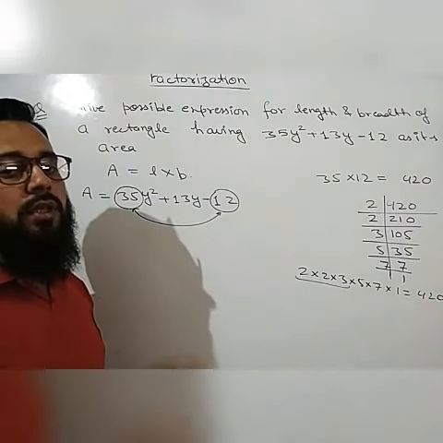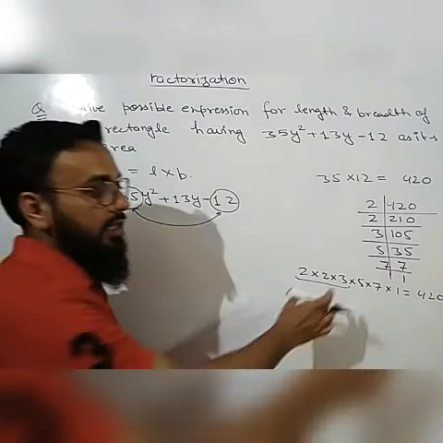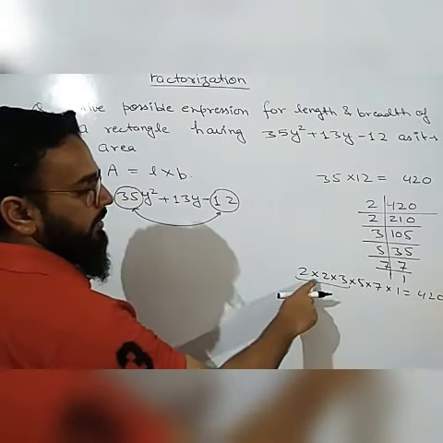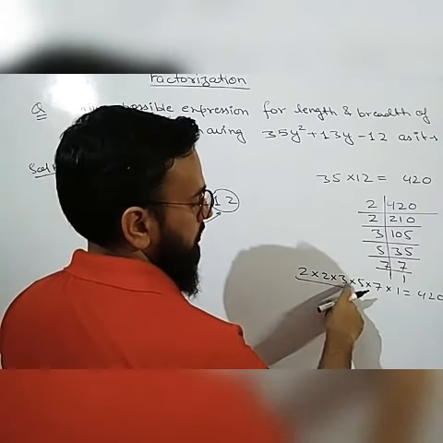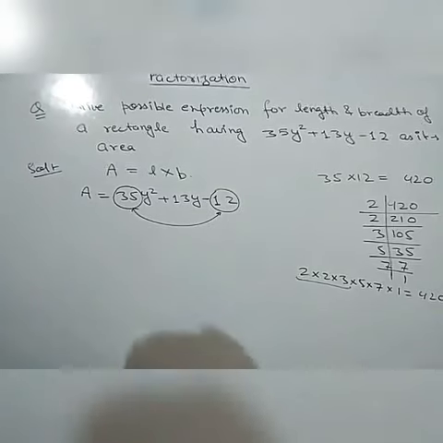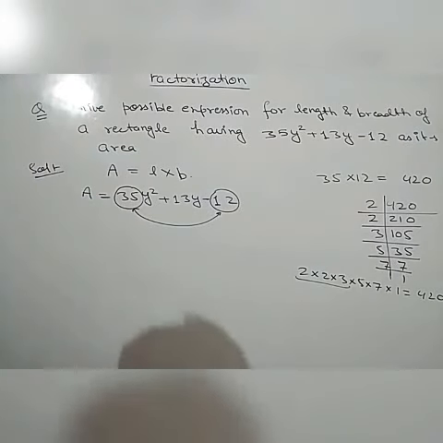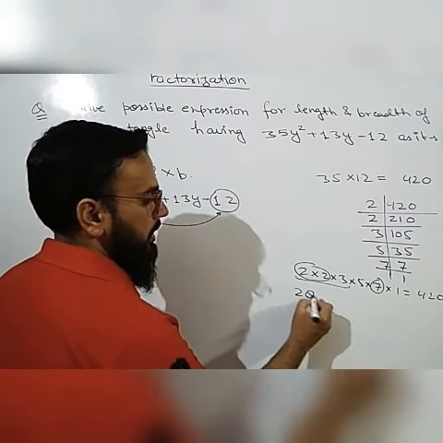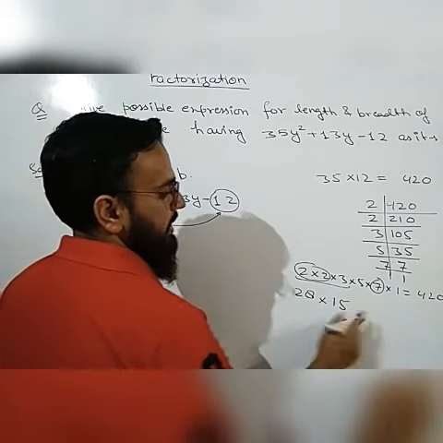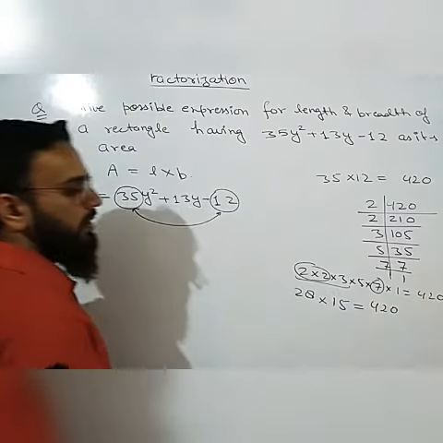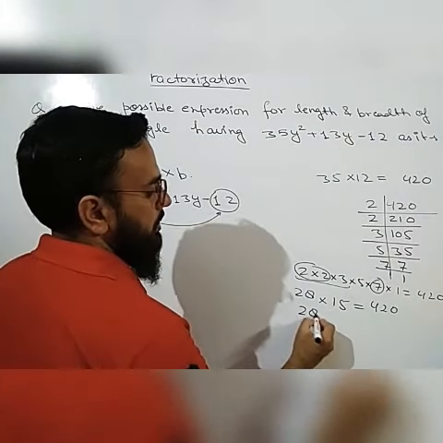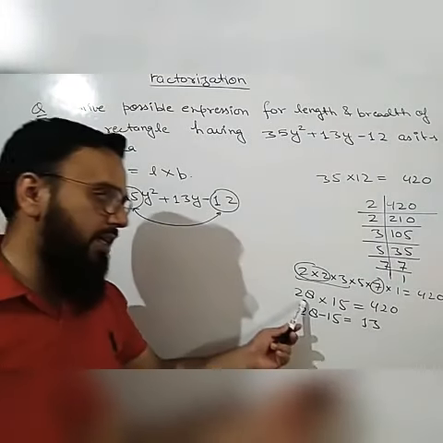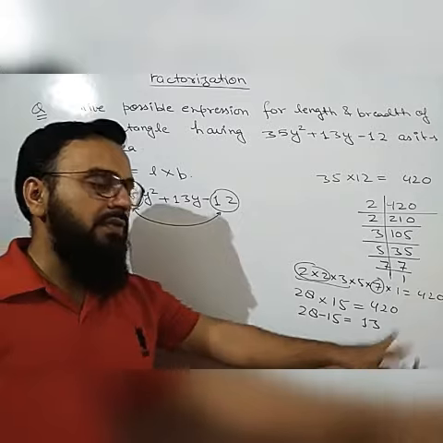This combination you have to check yourself. You have to apply your mind in finding those combinations. So we will get the combination if we take, what can be the combination? The combination may be 2 2s are 4, 7 4s are 28. If we take 28 into 5 3s are 15, then 28 into 15 is 420. And what is 28 minus 15? It will be 13. So we get that combination. 28 into 15 is 420 and 28 minus 15 is 13.